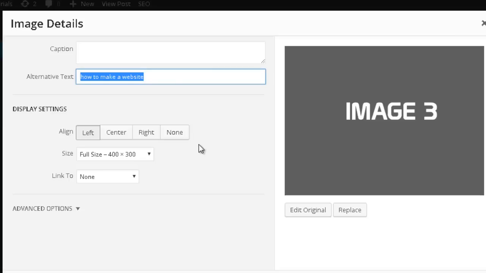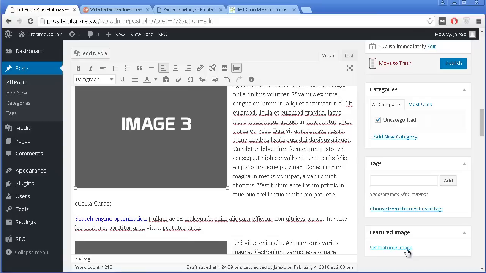For example, making a blog would be something related to this keyword, so you really want to change this up and not always use the same keyword over and over again. Now I just need to press update,